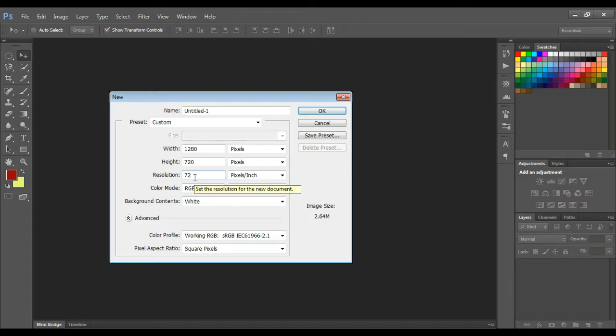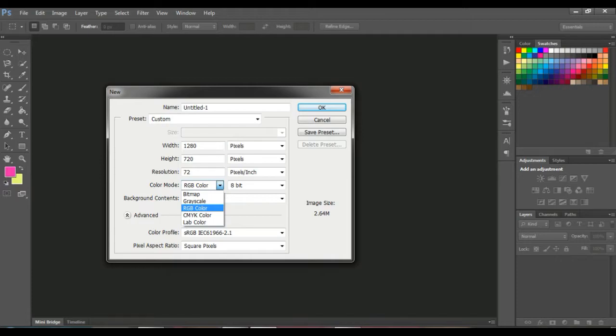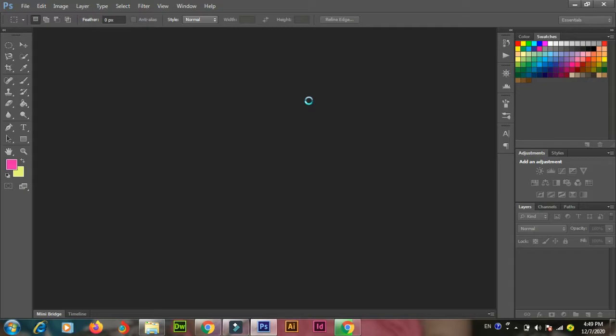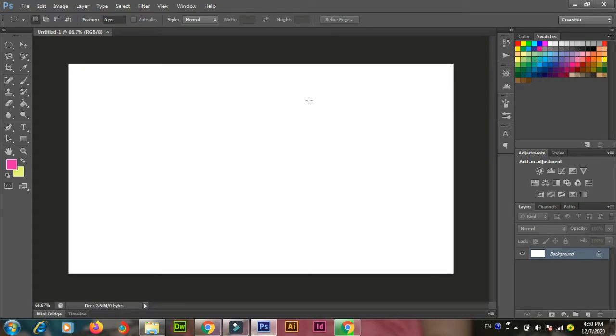And these are the color modes. If you want your picture to be displayed on the screen, you can select RGB, or you can select grayscale or bitmap. But if you want to print your image, you can select CMYK, because for printing we only work in CMYK. We don't want to print, we just want our image to be shown. So we select RGB color mode and we select the white background, and just by clicking on OK, our image will be created. Because we selected the white background, this white color appears.